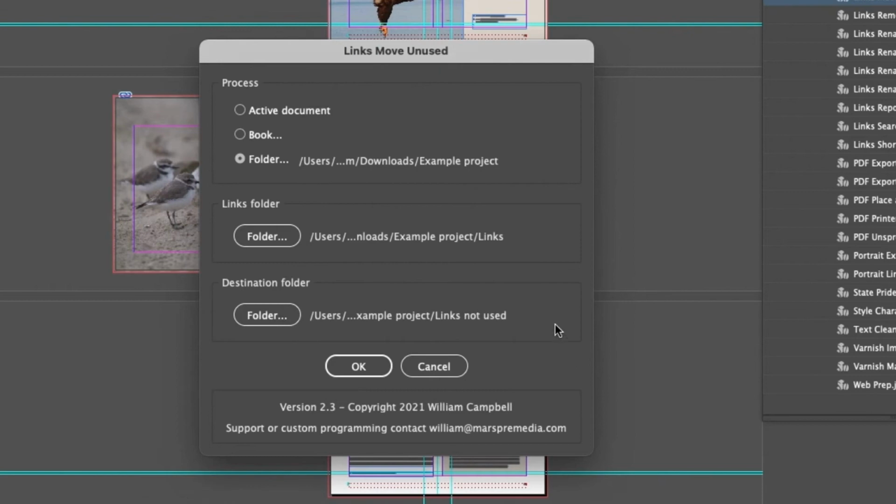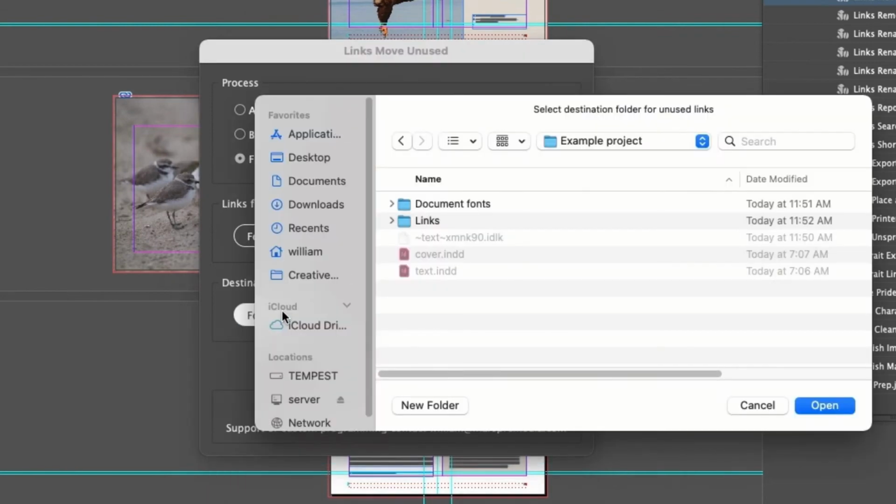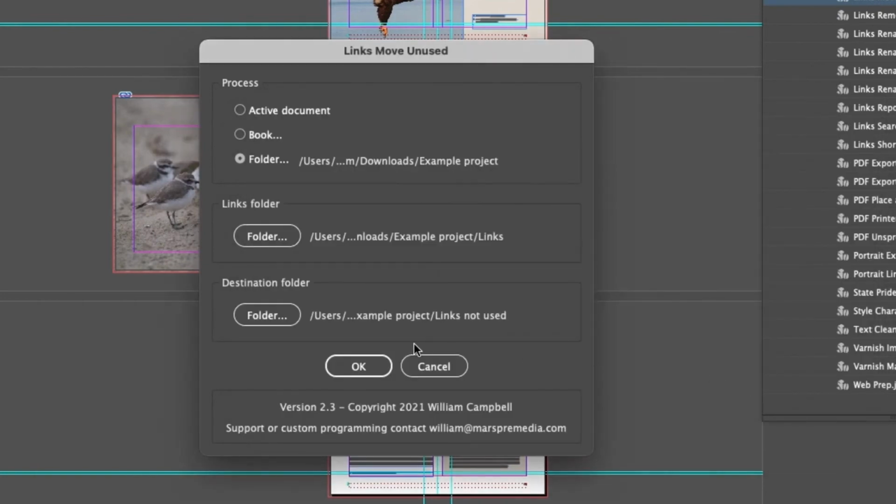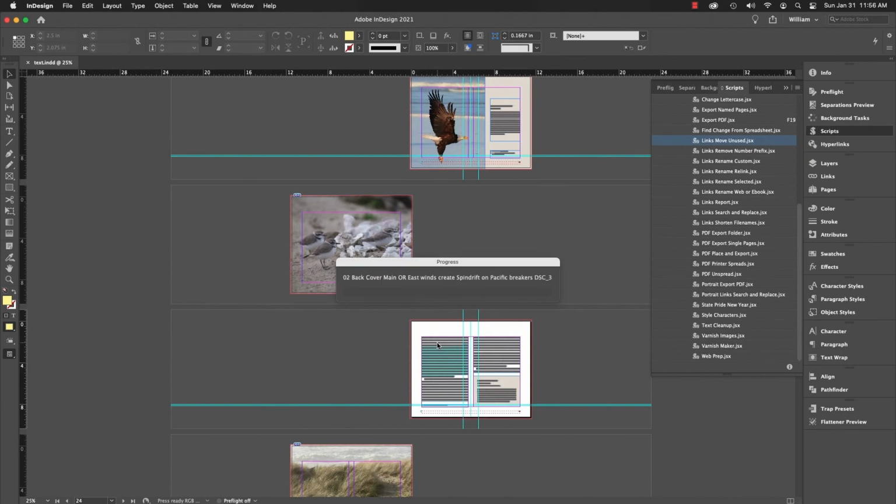The third section of the interface is the destination folder. This defaults to a folder named Links Not Used, also in the same folder as the document or in the selected folder. This location can also be changed by clicking the second folder button. Once options are set, click OK.